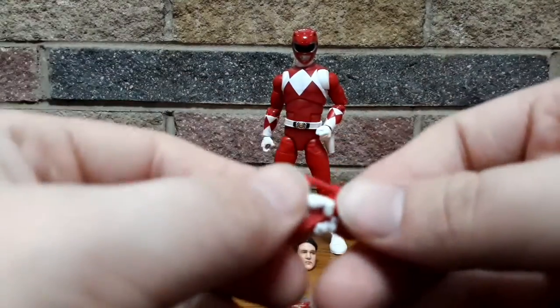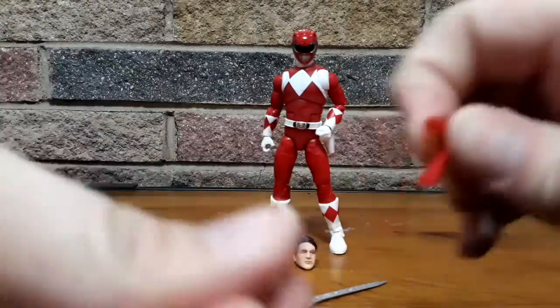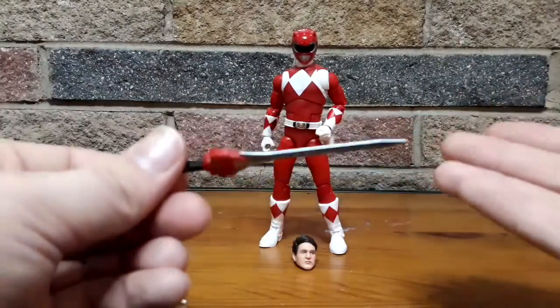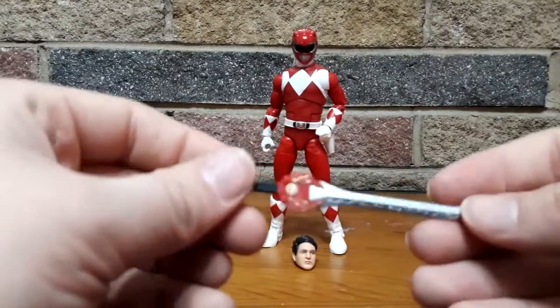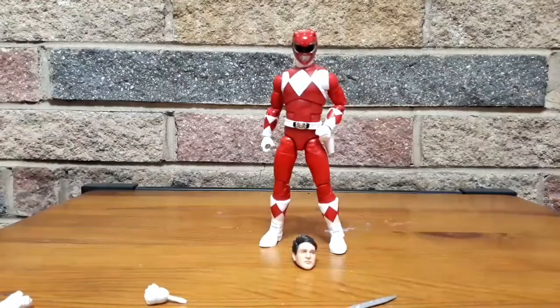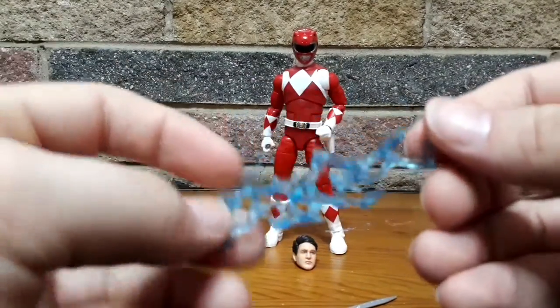So this is kind of the accessory I just keep in the holster on the side. I don't really bother with it. Most of the time I'm going to have either the full team displayed with their weapons combined, or him just displayed with his sword. And speaking of the sword, there's another add-on for the sword, which is a lightning effect,